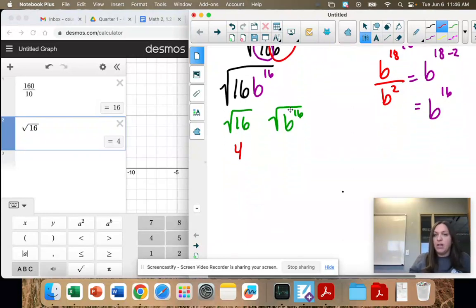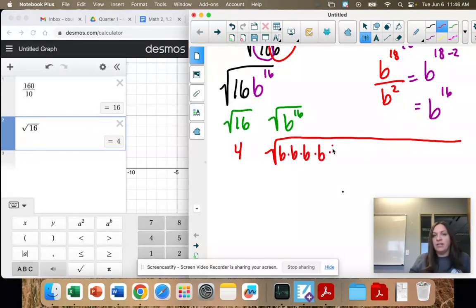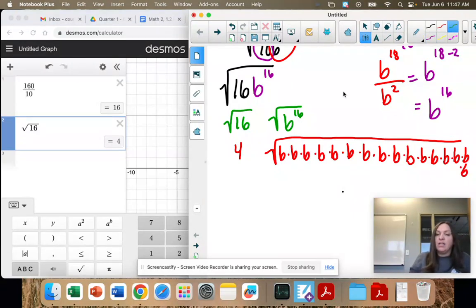Do we need to write them all out? You can if you need to. But I want you to recognize how many perfect squares is that going to be? How many pairs of b's is that going to be? I lost count. 4, 5, 6, 7, 8, 9, 10, 11, 12, 13, 14, 15, 16. I'm out of room. So what I did is I took 16 divided by 2